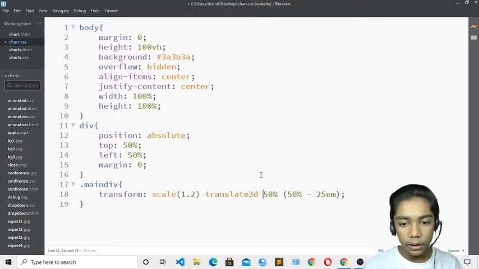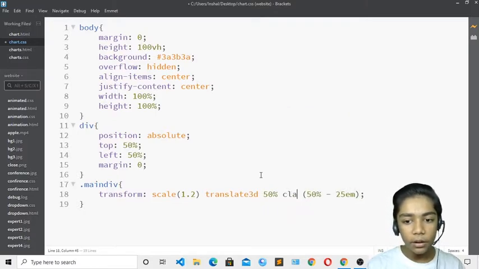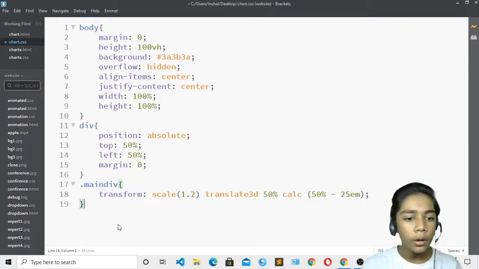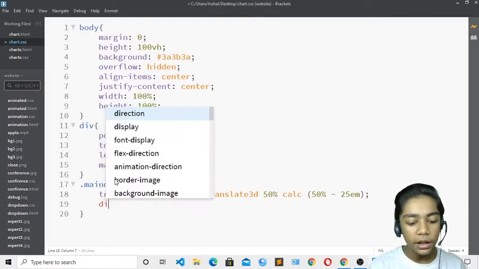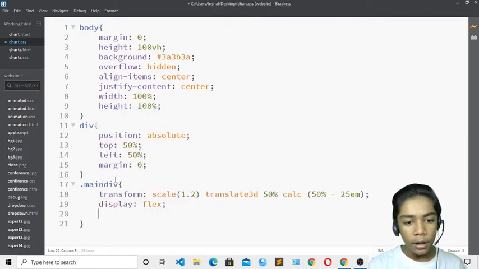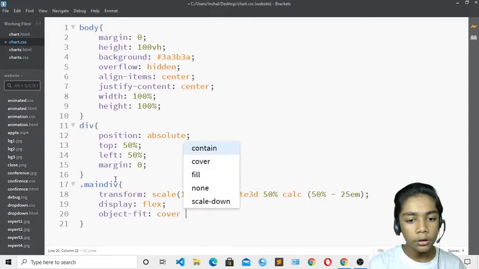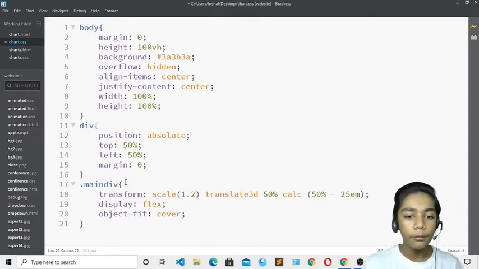And now over here I will write calc. Okay, so I will write calc over here because I want this width to be in one line. Okay, so my bar chart should be looking good, and these all are having animations also. Okay, so over here I will write display flex like we have written, and I will also write the object fit, and I will write contain or cover. You can also write either, but cover is good. Okay, you don't have to write contain. So over here I have written cover, and here the display of flags.